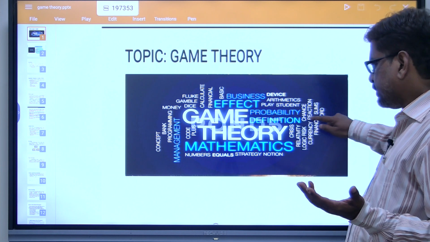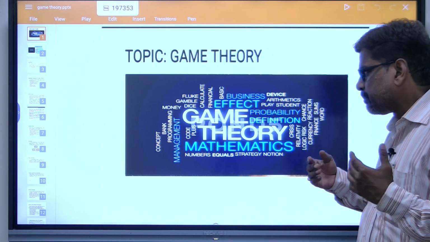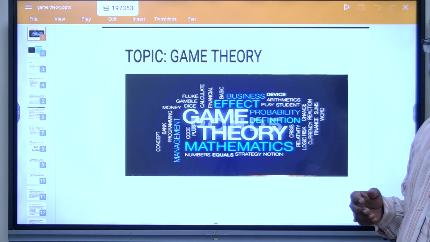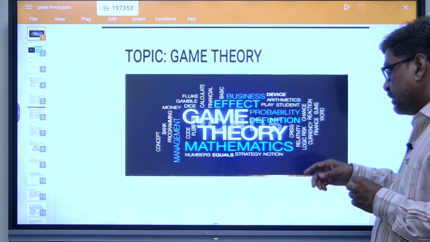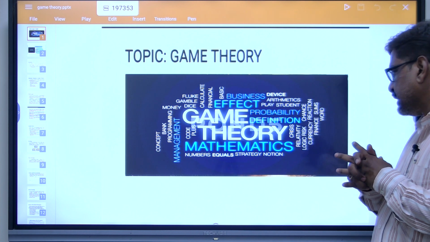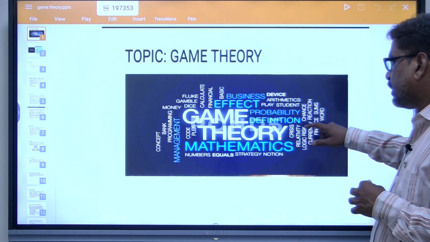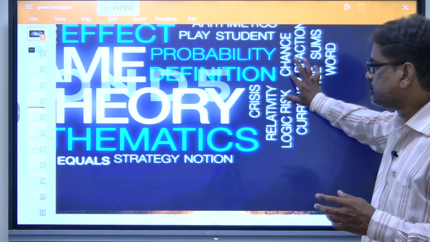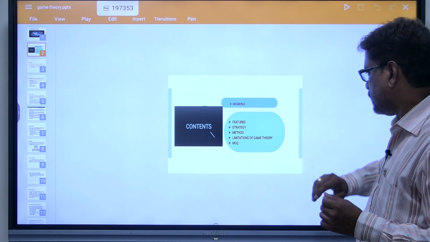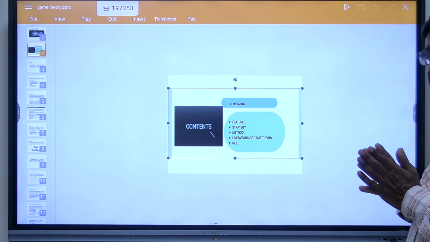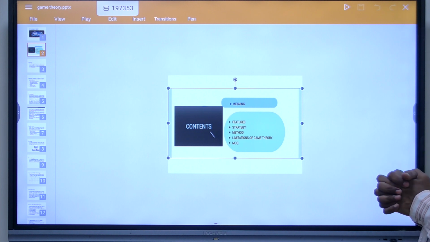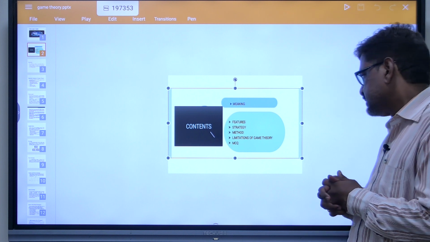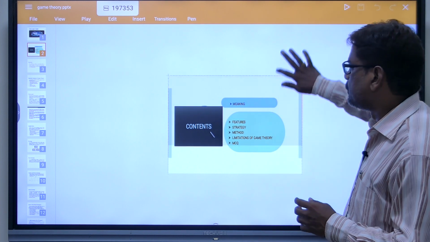In game theory, we have some concepts, we have some programming based on the previous experience, based on the previous reports and data. It is a part of mathematics, it is a part of probability, and let us come on to the next topic. Definition. We will study the meaning, the various features, the strategy, these are the various terms we use in game theory, the methods, and we also have some limitations of game theory.